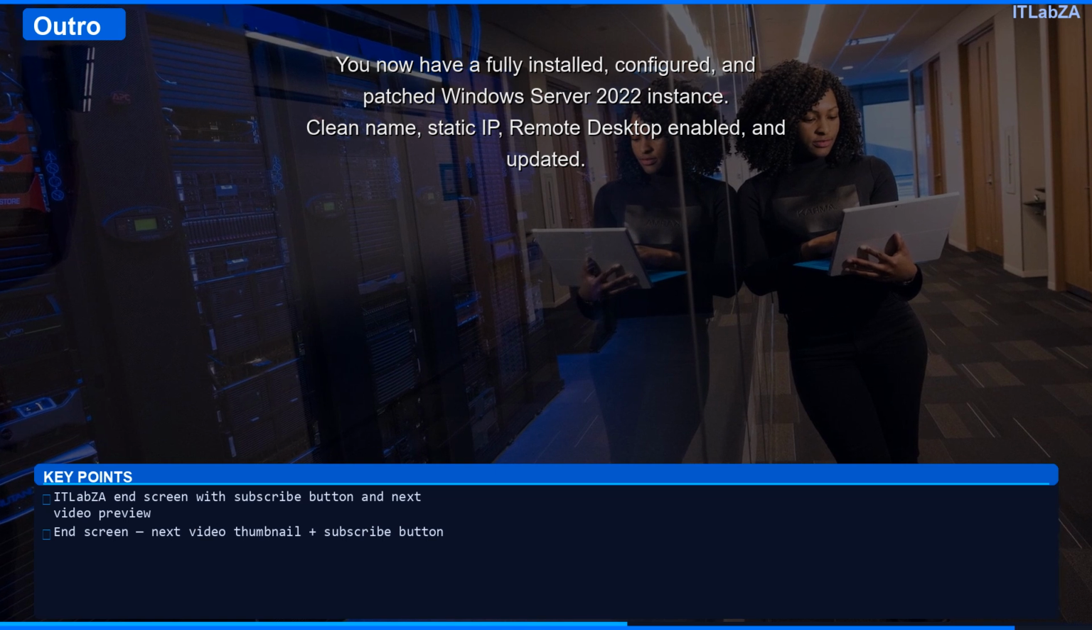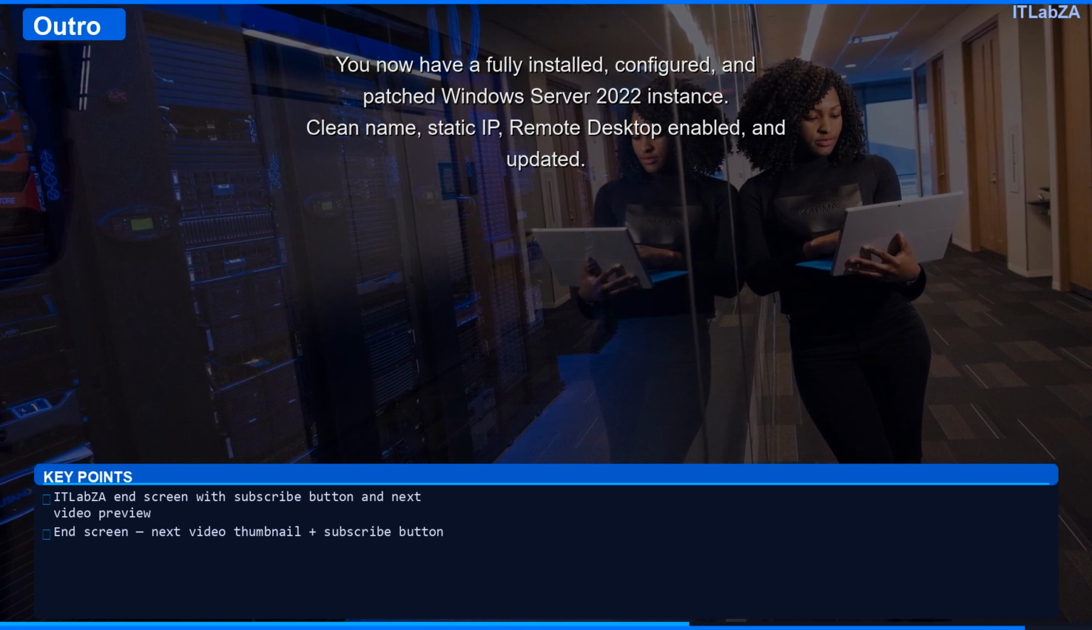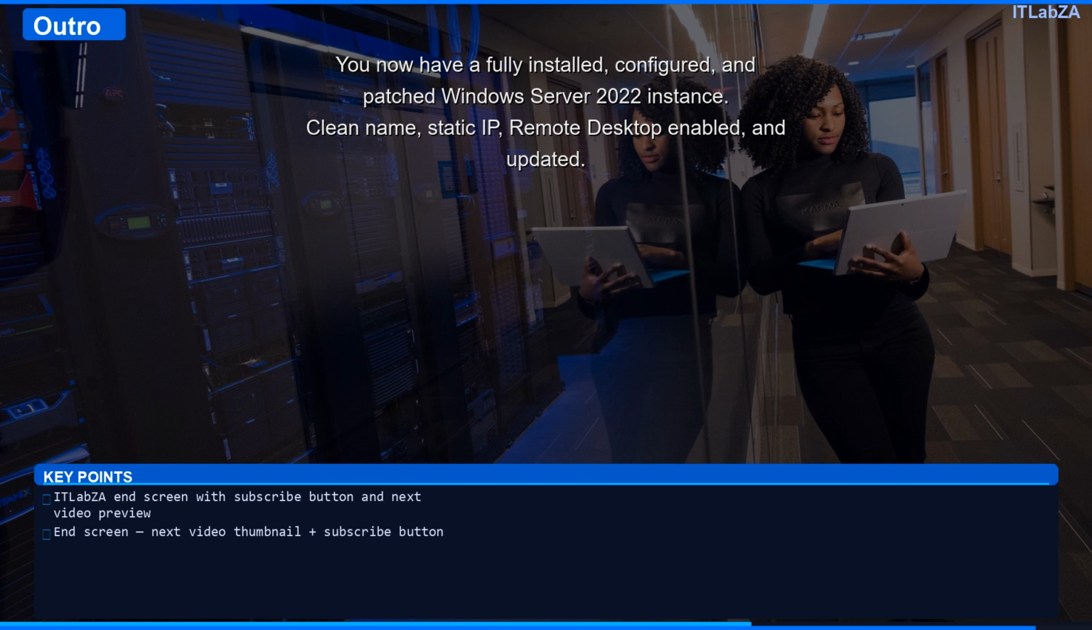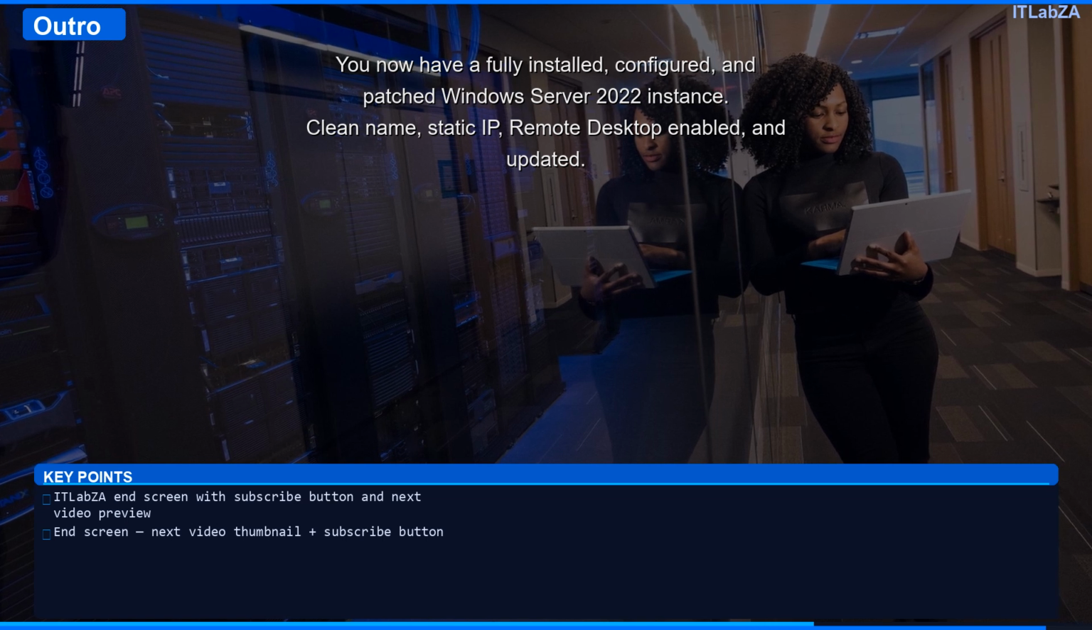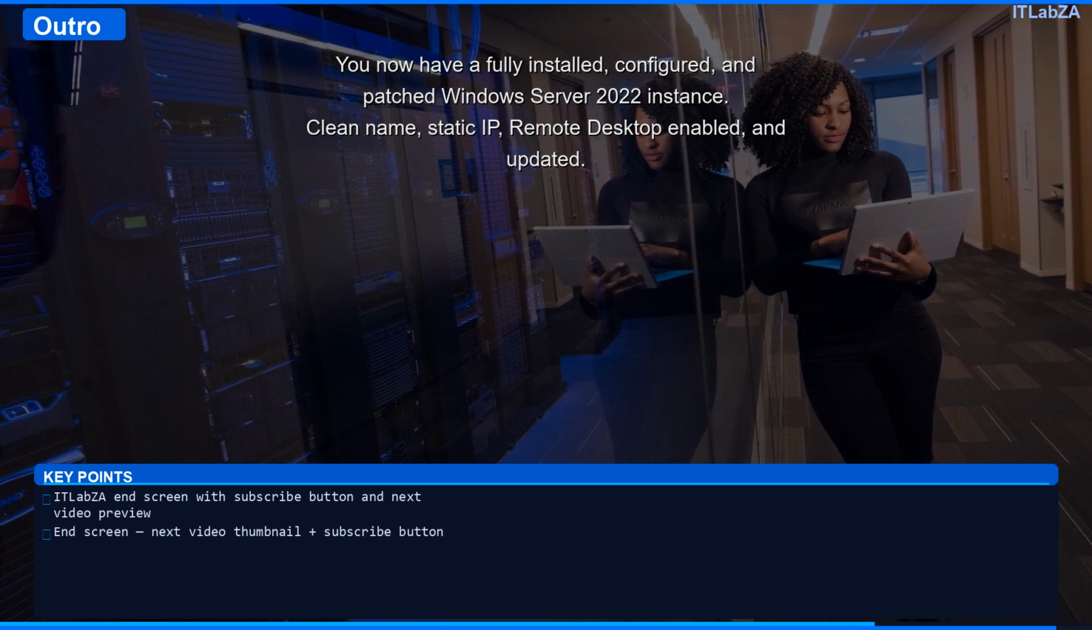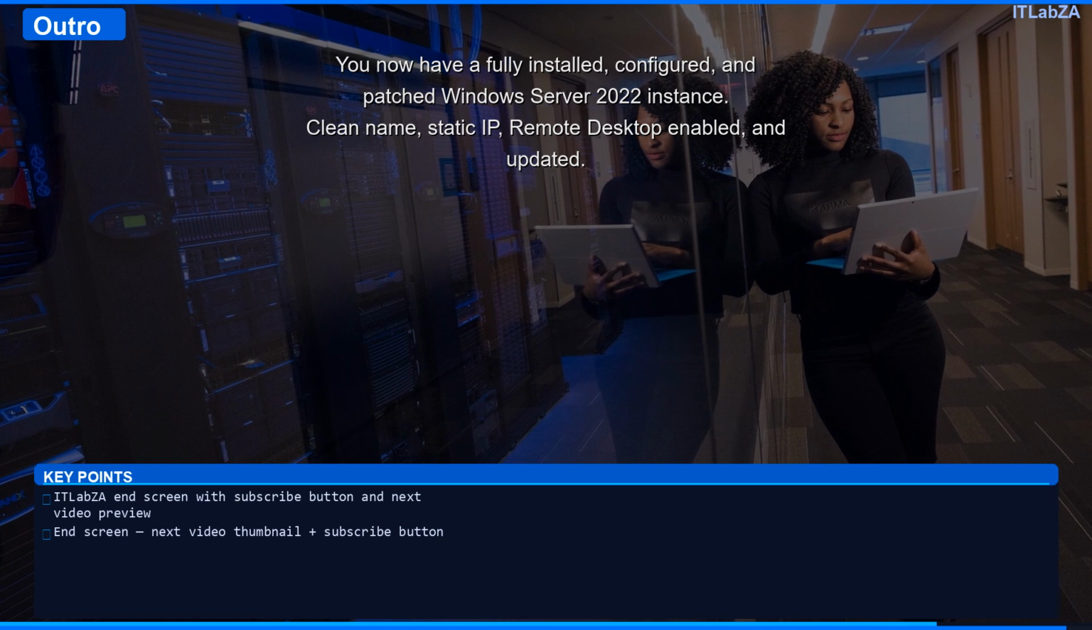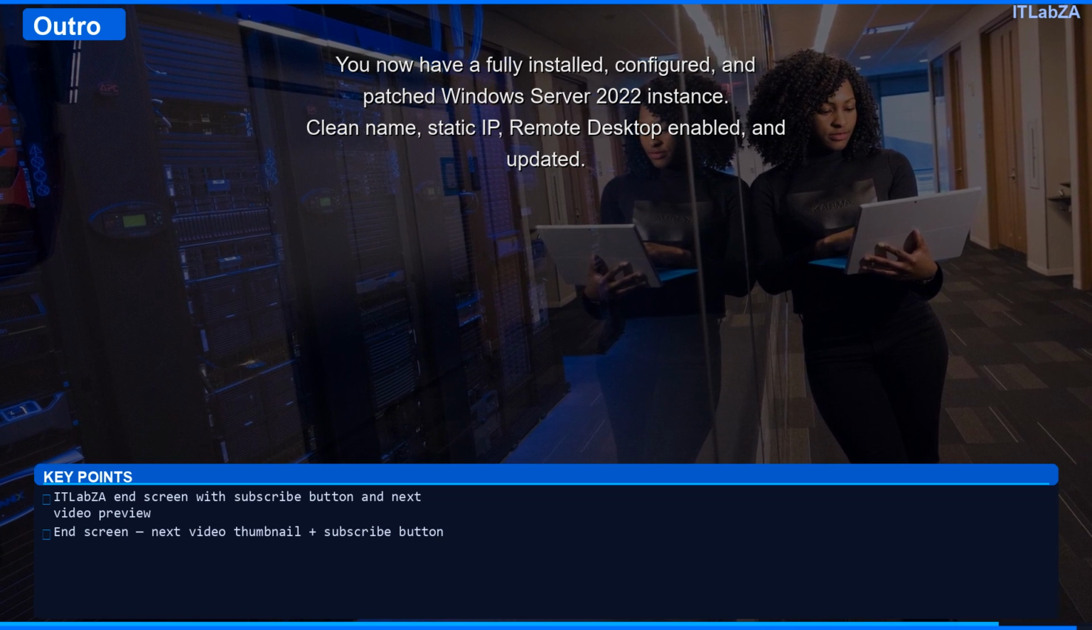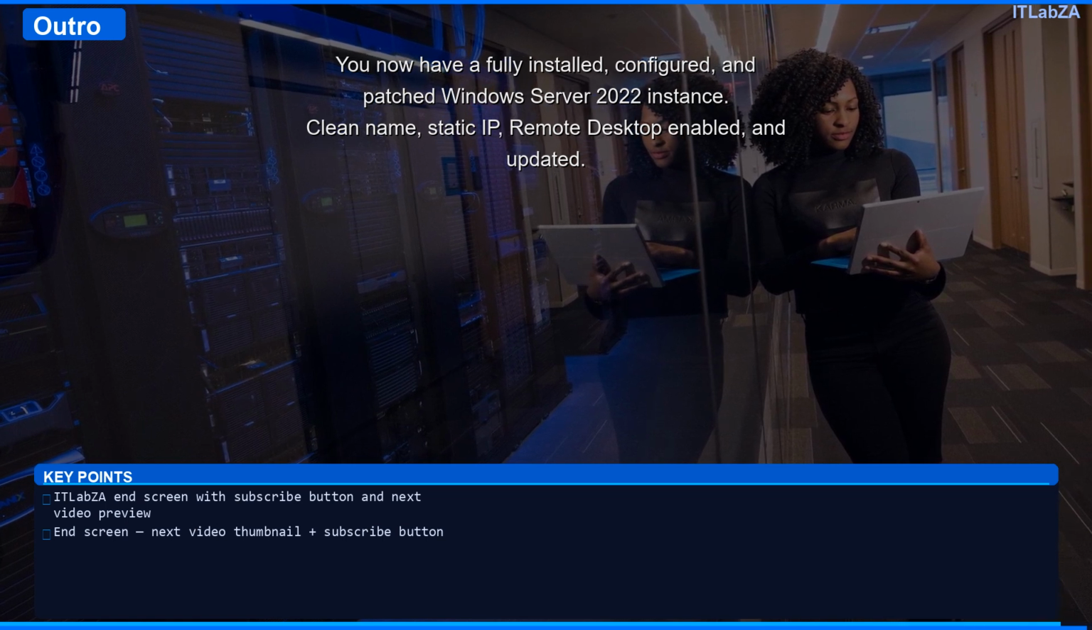Step 2. Boot and begin the installation wizard. Start the VM. You will see the Windows setup screen load. Select your language, time format, and keyboard input. For South Africa, set the